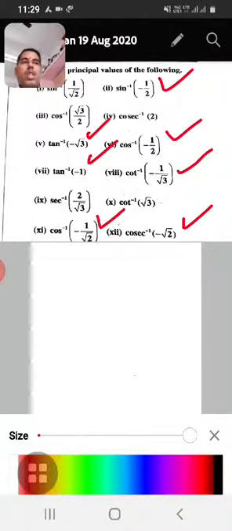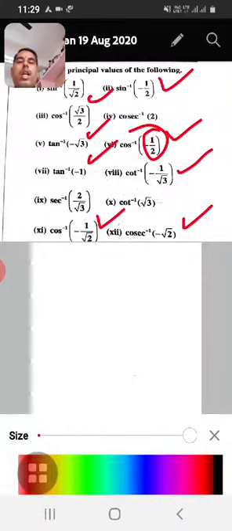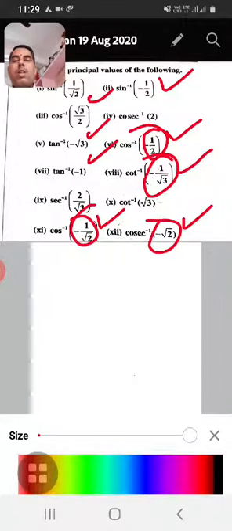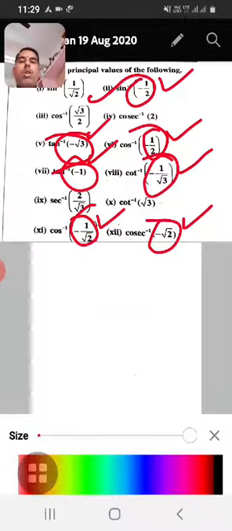Just in the last video we have discussed the basic properties, so we can use all those properties for these. If the angle is positive, then no problem, no need to use the property. If the value is negative, then we can use properties for all these cases. See this one and this one, this one is also negative, this one is also negative. That's the point here. The remaining are positive, no need to go for properties.